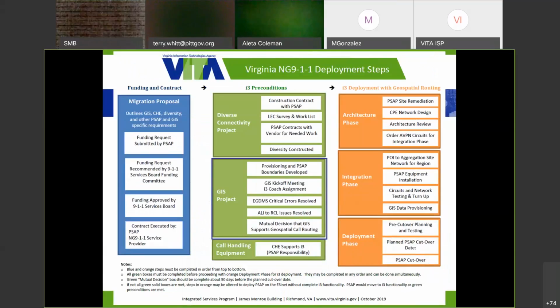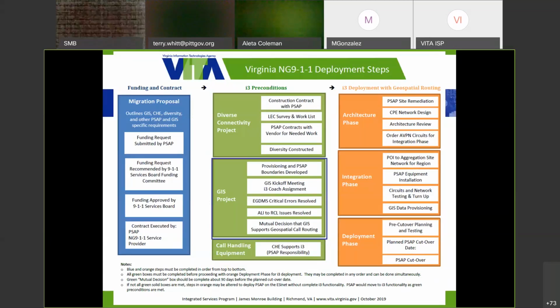That's the GIS project where staff from localities start working with AT&T or their GIS subcontractor Intrado through this process of loading up the GIS data that the locality has into the cloud solution that will drive Next Generation 911, field map the